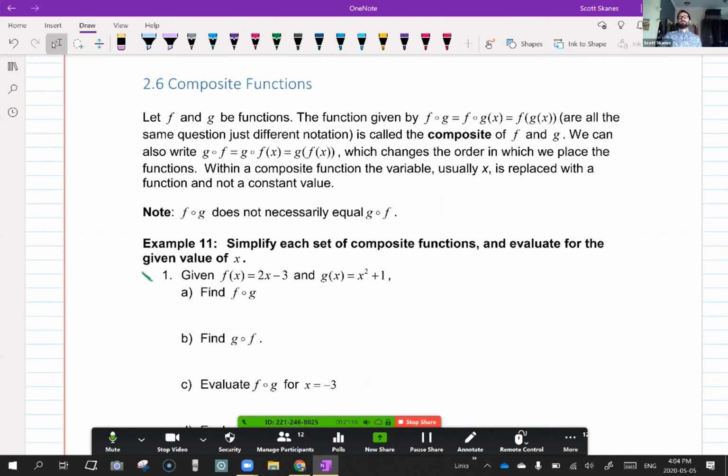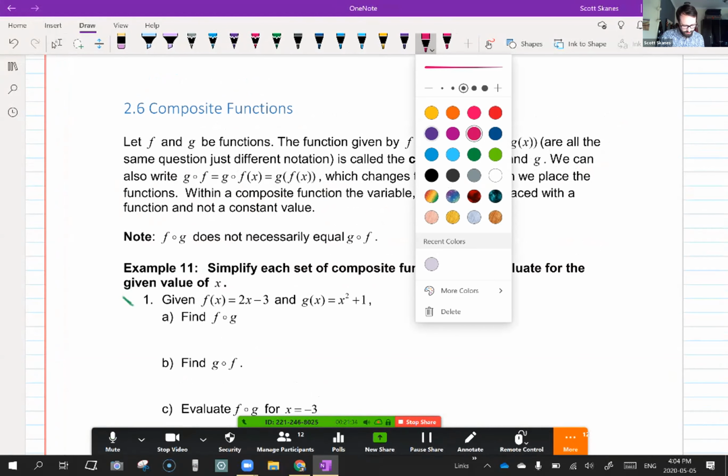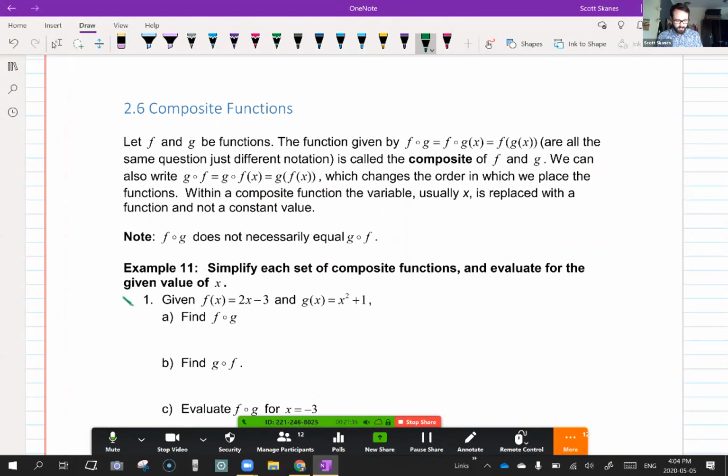Composite functions. Does anyone know what a composite function is? Well, if you watched Tom's videos, you would know what it is. If you didn't watch Tom's videos, I'm here to save you, but please make sure that you watch them. A composite function is when we put one function inside another function